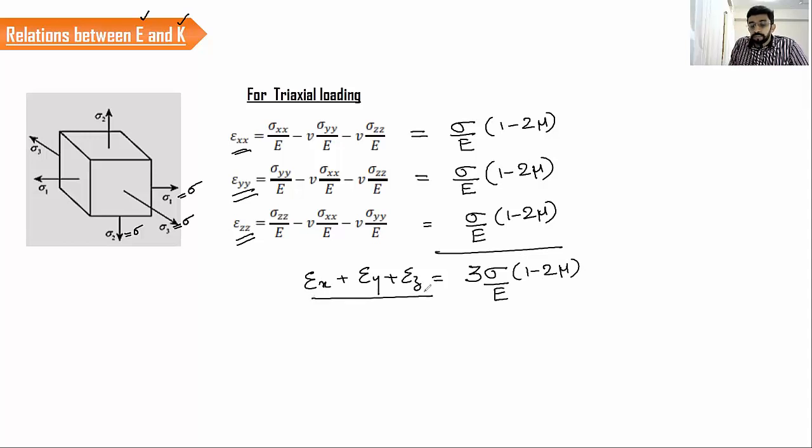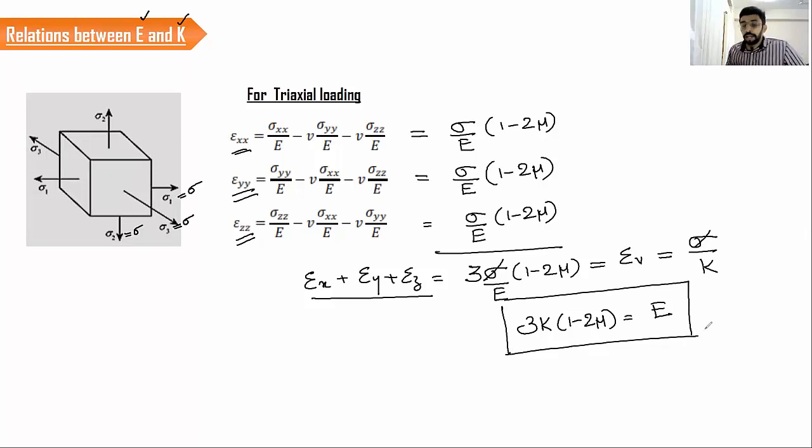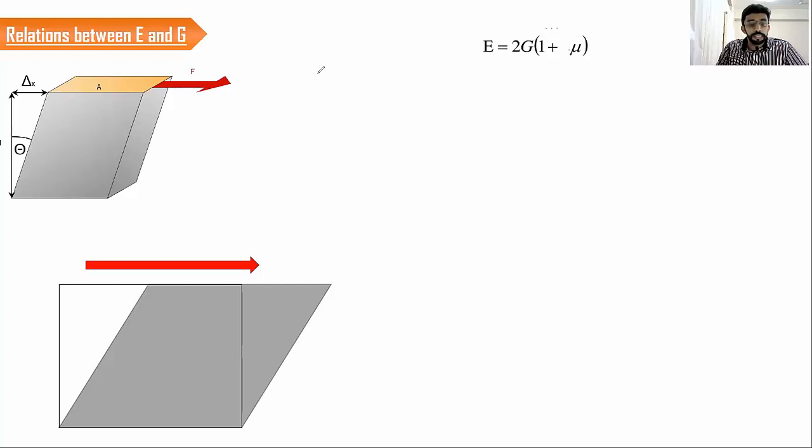We know that the sum of the linear strains equals the volumetric strain, which is equal to sigma by K. If we cancel out these two sigmas, we have 3K into 1 minus 2 mu equal to E. This is the relation between E and K. So E and K are related using Poisson's ratio. 3K into 1 minus 2 mu is equal to E. This is how we define the relationship between E and K, and now we will find out the relationship between E and